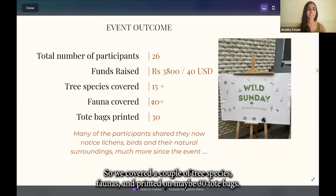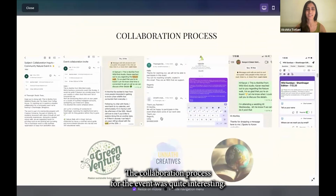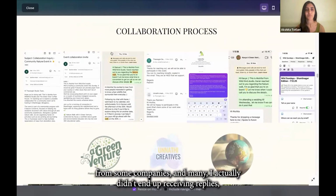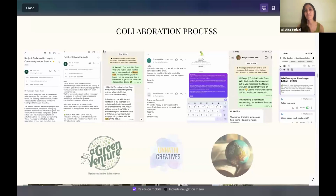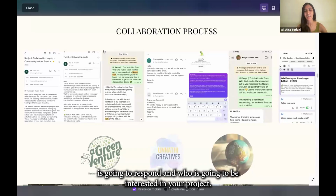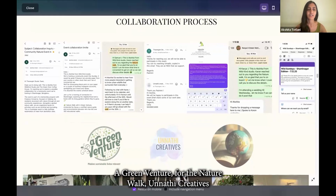So we covered a couple of tree species, faunas, and printed on maybe 30 tote bags. The collaboration process for the event was quite interesting. I reached out to a couple of scientists and nature guides and also artists. I received a lot of replies from some companies, from many I actually didn't end up receiving replies, but it was quite a fun process because you never know who's going to respond and who's going to be interested in your project. So finally, the collaboration came through with three companies, a green venture for the nature walk,